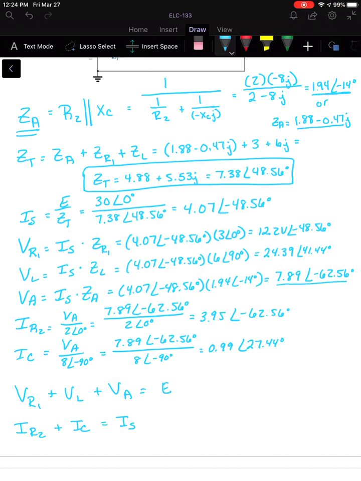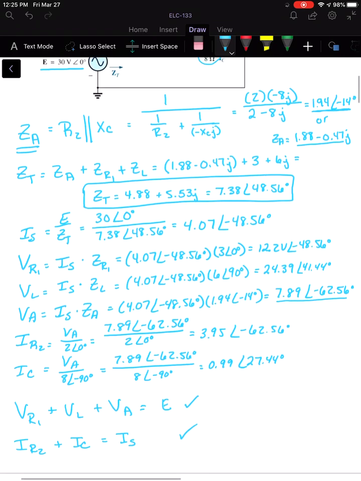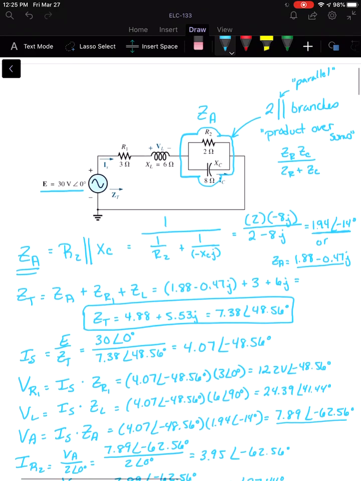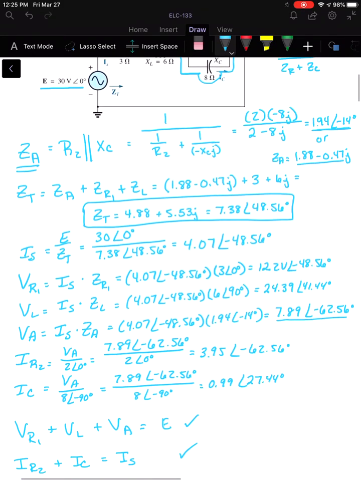In DC, it was pretty easy to see that those added up because the numbers just added up. In these polar coordinates, it's a lot more difficult to see that they add up because of those angles. But you can plug this into your calculator and see that these indeed are true. They might be off by a little bit because we're doing a lot of rounding in our calculations here. But go back over that and practice this problem, and I'll work a few more for you in